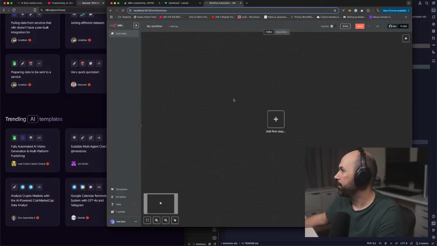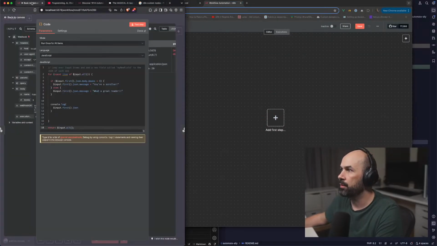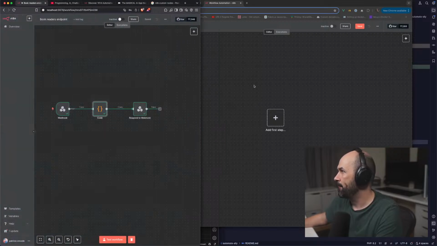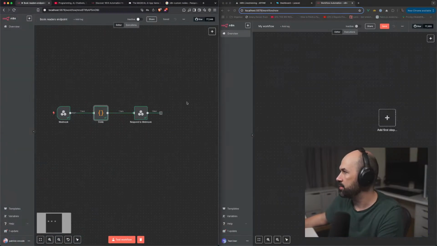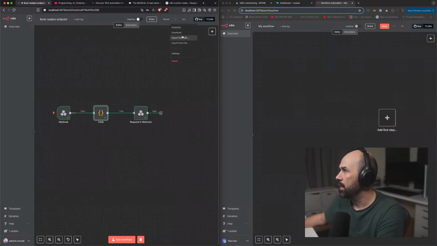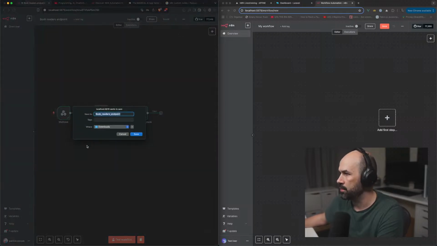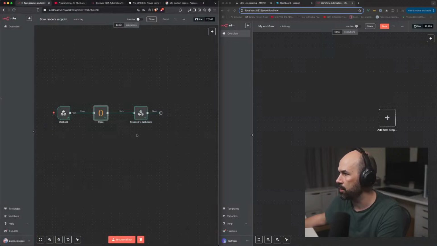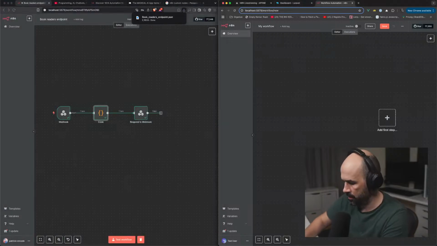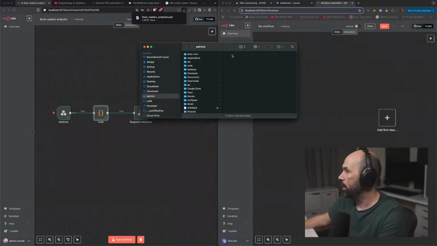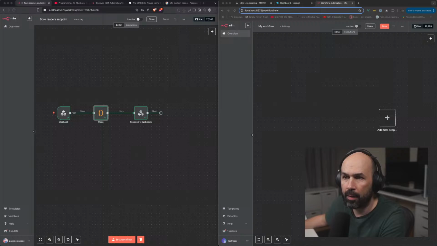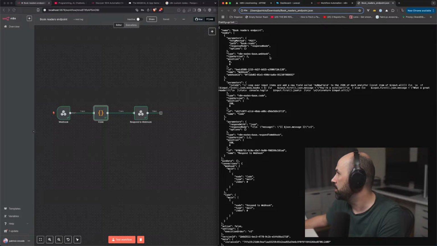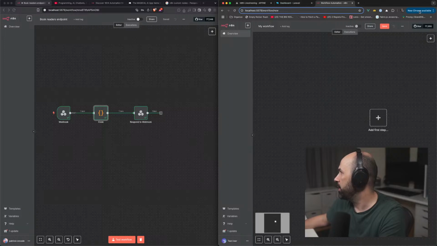Okay, back. We want to export this workflow. So it's the old instance and the new instance. And what if I download? Yeah, so book reader's endpoint. And what do I get on the book reader endpoint? Can I just drop it? Huh, okay. And what if I import from file?